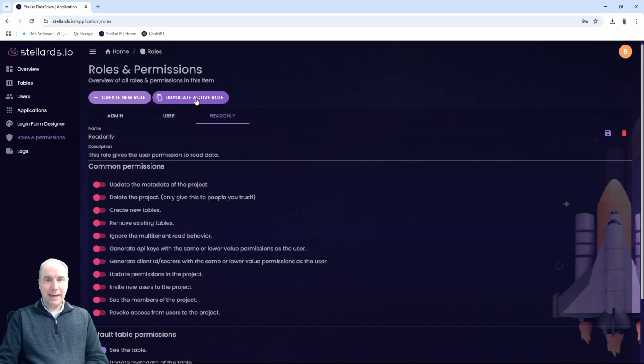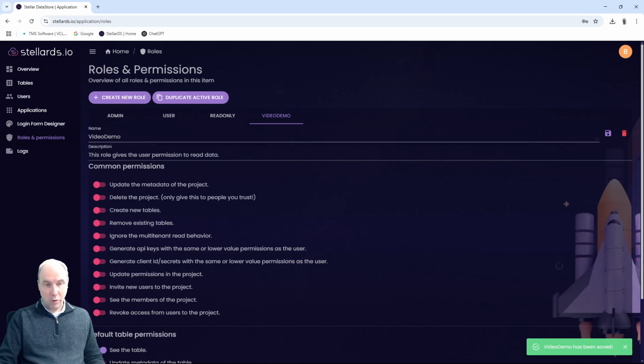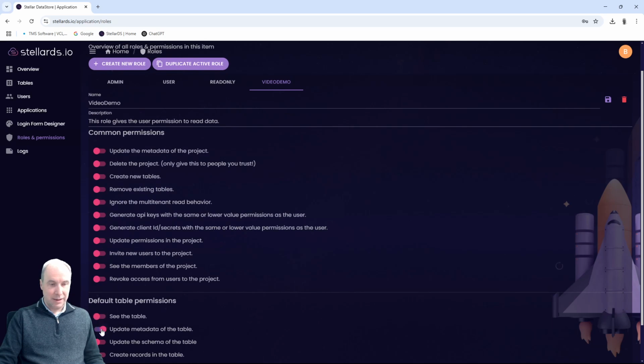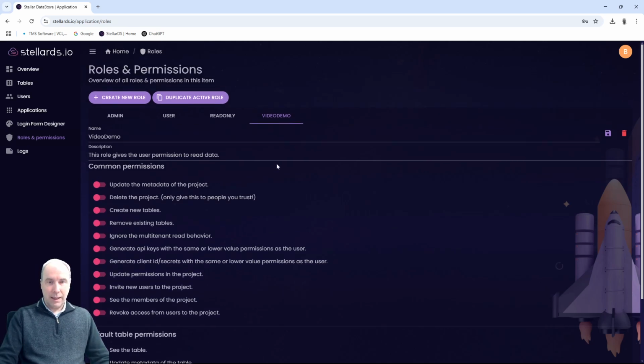So imagine that I duplicate this read-only active role. I click on it and you can see that this new role is available. And I can give this a name, like this, for example, video demo. I can save it here, and so now this new role is available. And for this particular role, I can change the default settings. The default settings are the settings that are applied when I create a new table and I assign this particular